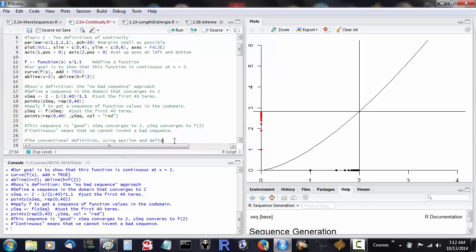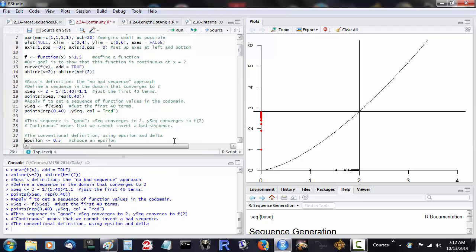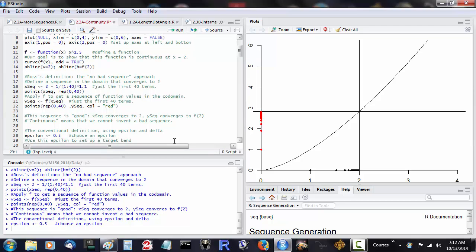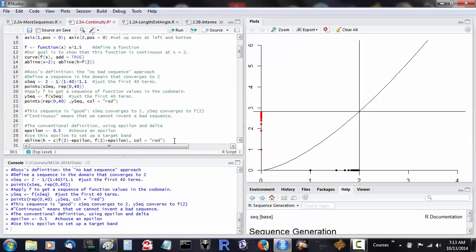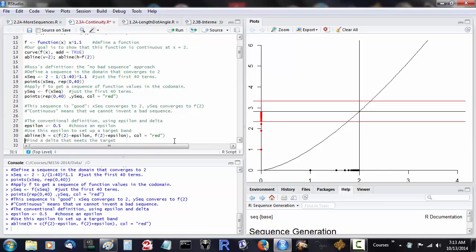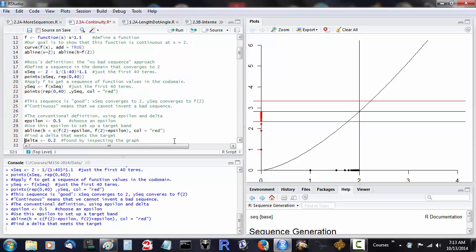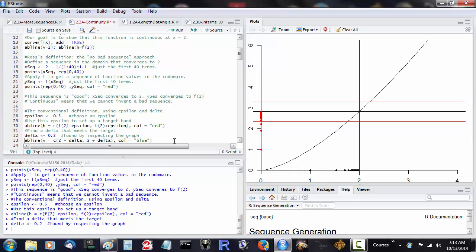Here's an alternative definition using epsilons and deltas. We pick an epsilon, like 1/2, and we use it to set up a target band above and below f of 2. Now the challenge is to find a delta in the domain that meets this target. So by looking at the graph, I decided delta of 0.2 seemed to do the job,